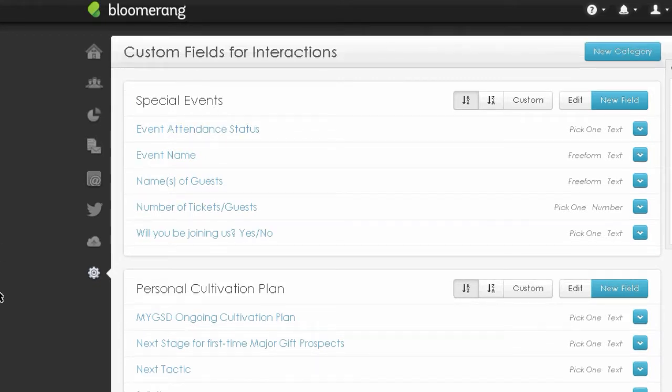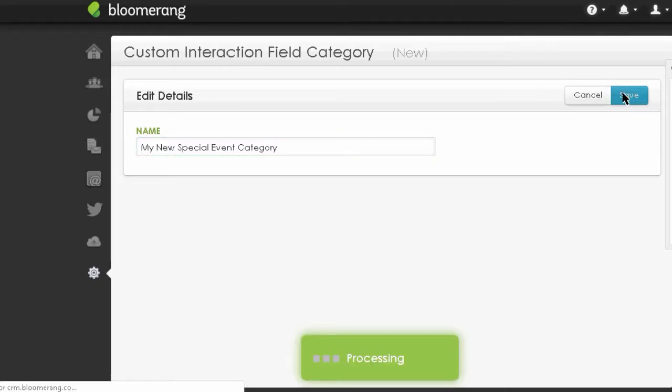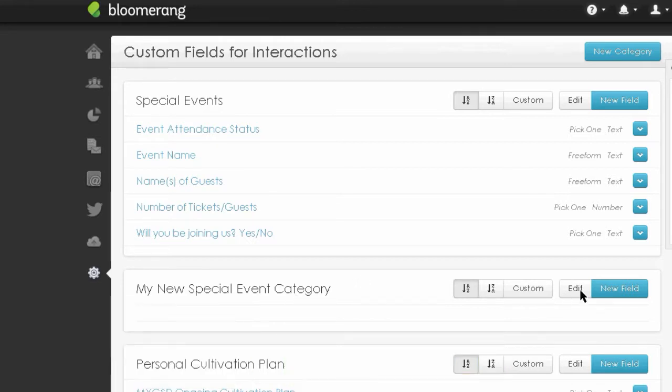If you have not created any custom fields yet, then the way you start is to create a new category, blue button here, call that category whatever you want. We'll call this for now my new special event category. We'll save that. Within my new special event category, then, you may want to be creating some new fields, one of which might be